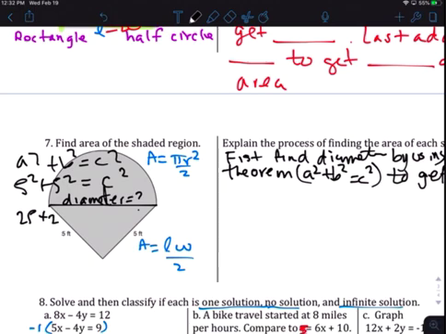25 plus 25 is c squared, so 50. The square root of 50 is probably 7.1, right? That is the diameter. Let's put diameter so we know what we're solving for. Therefore, the diameter is